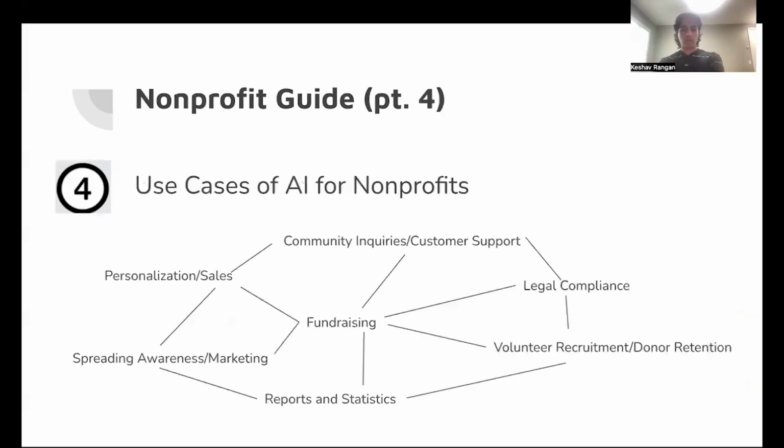We conclude with applicable use cases of AI and LLMs at nonprofits. AI has the potential to revolutionize areas like fundraising, community inquiries, legal compliance, spreading awareness, personalization, volunteer management, donor retention, and report generation. My research has been super helpful in my work using AI at nonprofits, and I hope that